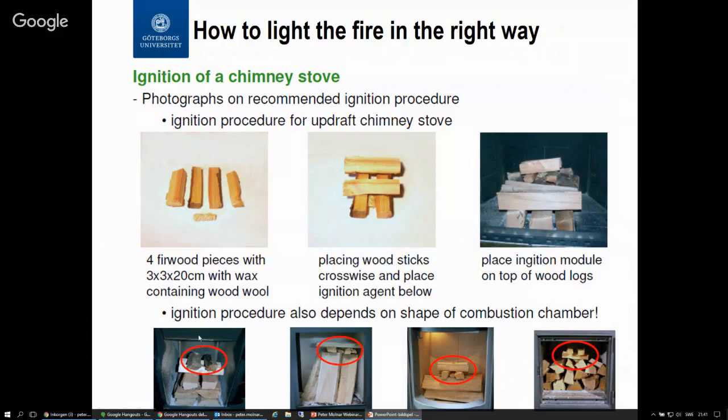You can see it here. You could see one of these small wax things here. It's also here in this one, and it's here in this one, and it's here in this one. That means that when the fire starts, it starts